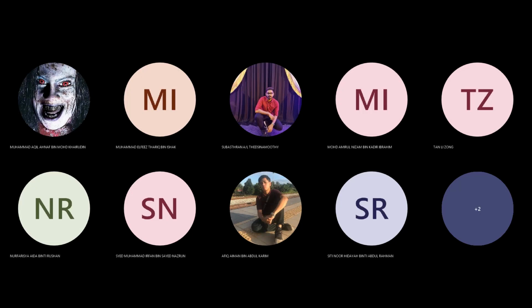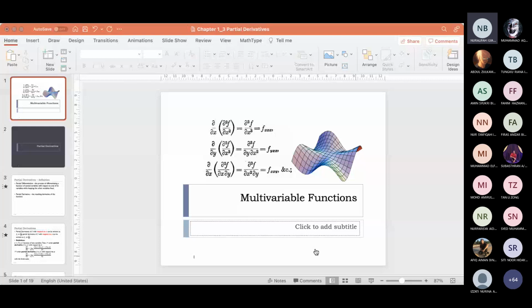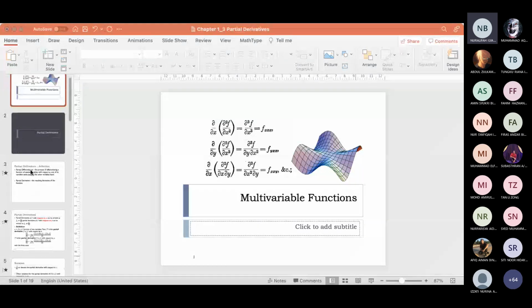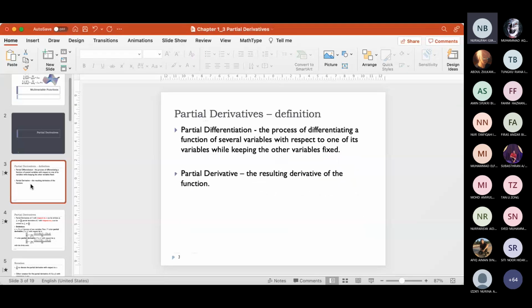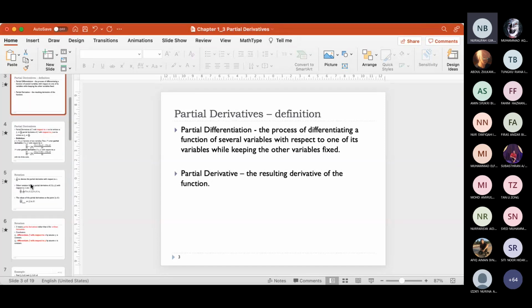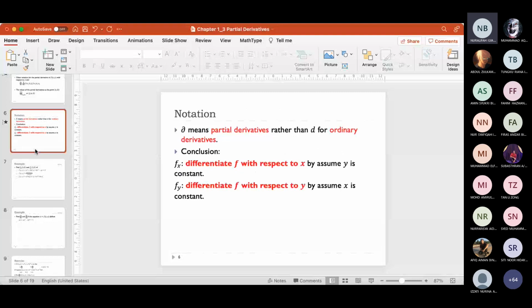So, kita akan continue dengan partial derivative, by which kita dah tengok sebelum ni how you are going to find the partial derivative of a function. Kita dah tengok the definition of partial derivative, by which it is a process of differentiating a function of several variables with respect to one of its variables while keeping the other variables fixed. Okay. Then we have taken a look into the notation, and we have tried this